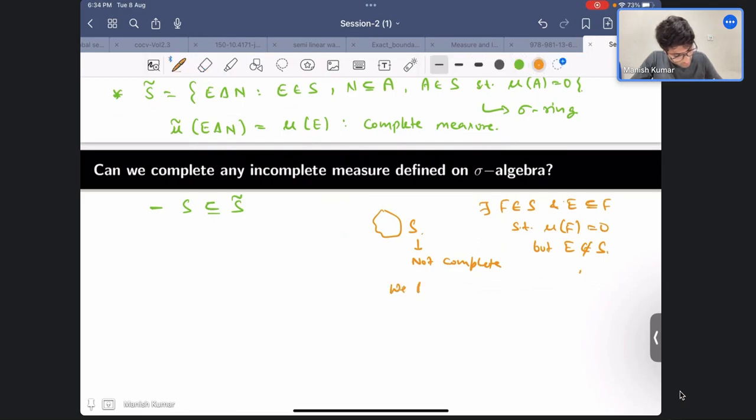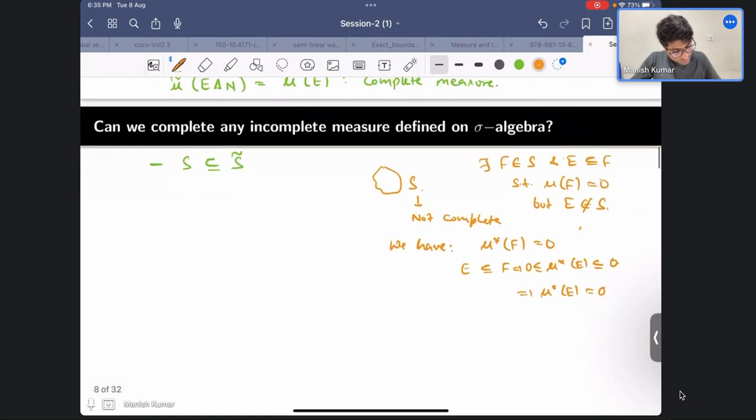So we have this mu star of F is 0. E is a subset of F implies mu star of E is less than or equal to mu star of F, which is 0, and you also know that this is always non-negative. So this implies that mu star of E is 0. Okay, so in other words,